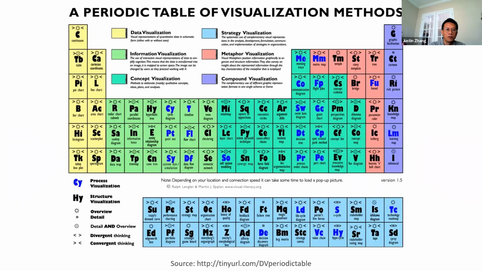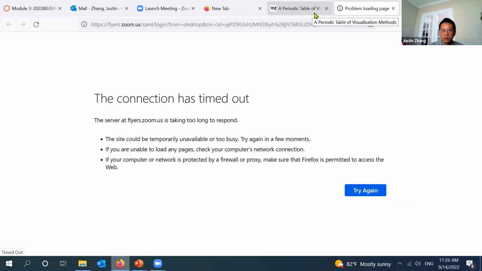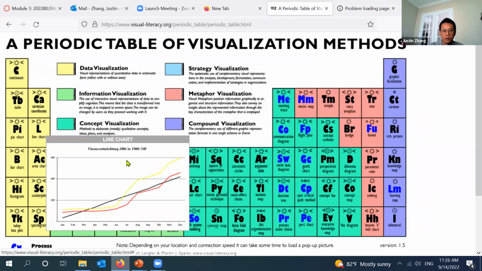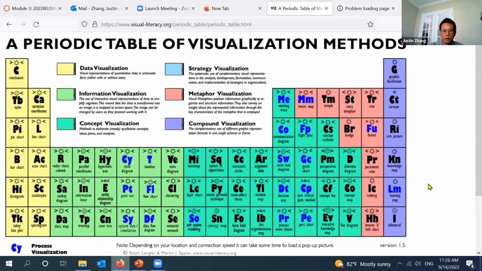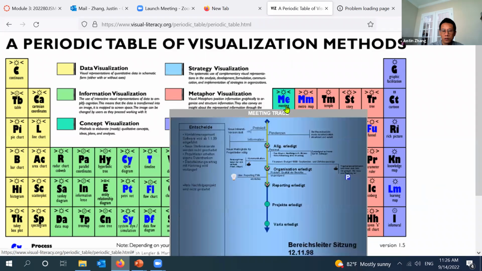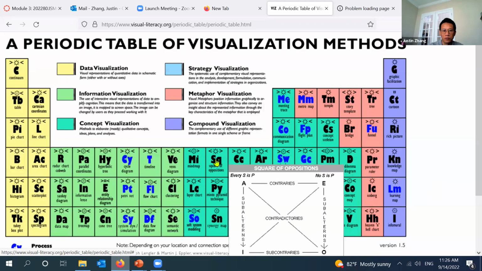So here is an interesting website. It's called the periodic table of visualization methods. If you go to this URL, you can see how the website looks. They put all the different types of charts in the format of a periodic table. If you move your mouse over each symbol, you're going to see an example of this type of